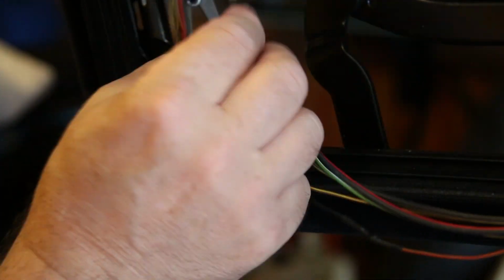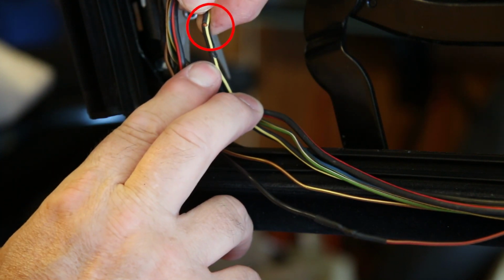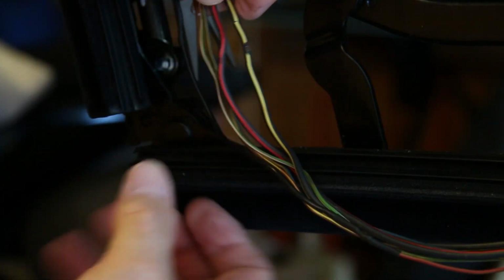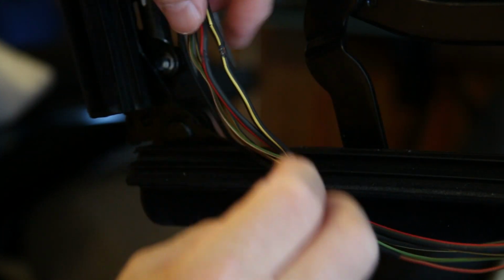That's one. So as I look at this wire, I see signs of breakage right there. Can that be seen? There's a crack there. So that's a sign that this one's going to break soon too. So I think it's best that we